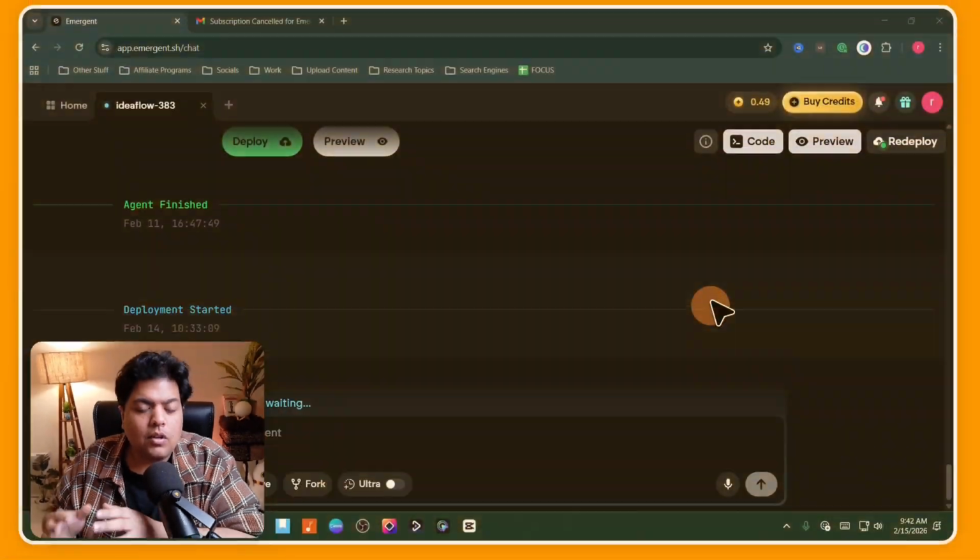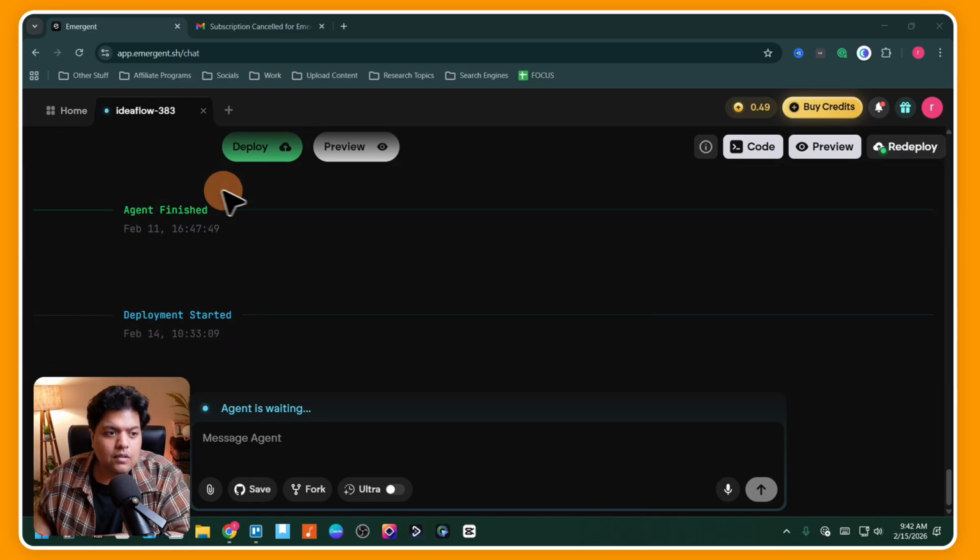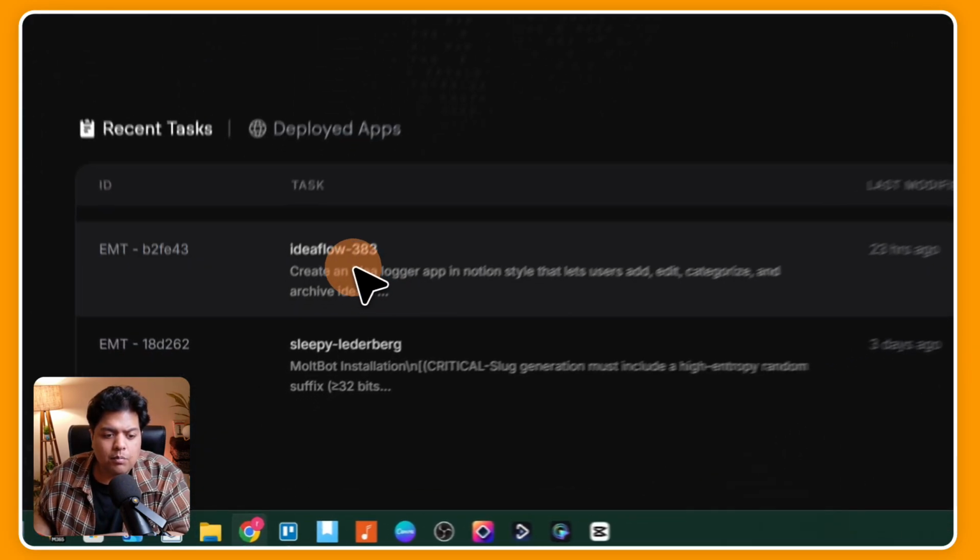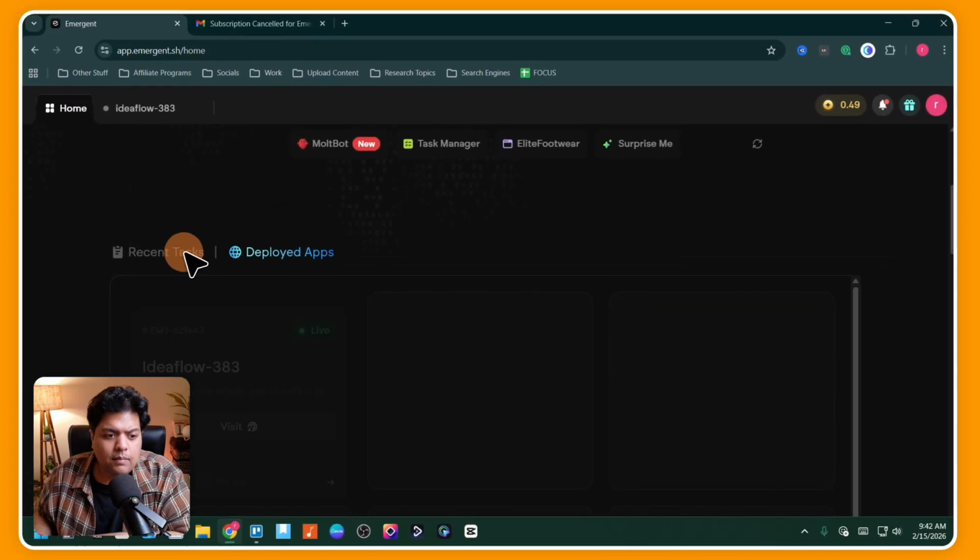Here's how to connect GitHub to Emergent AI. Let's get to it. On emergent.sh, you need to log into your account. After that, you can go inside one of your projects like this over here, or deployed apps if you have